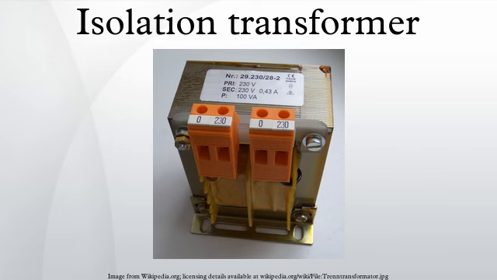Suitably designed isolation transformers block interference caused by ground loops. Isolation transformers with electrostatic shields are used for power supplies for sensitive equipment such as computers, medical devices, or laboratory instruments. Terminology: sometimes the term is used to emphasize that a device is not an auto-transformer whose primary and secondary